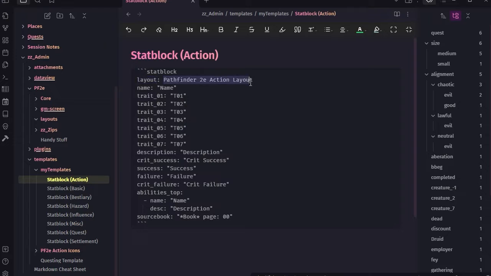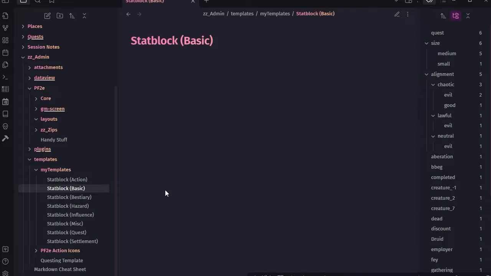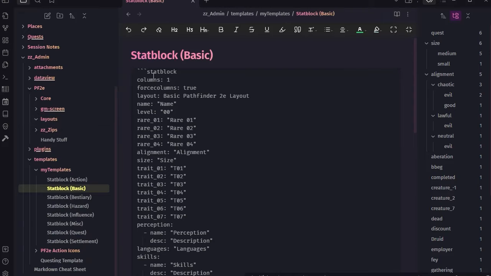So each of these stat blocks, you'll notice that we have our standard property and the value assigned to that property. So for example, here we have layout, Pathfinder 2E action layout. So this is the name, maybe that's the name, not boilerplate, layouts. So the reason this is showing up more like a D&D 5E one, and let's say the basic one here is not, this is actually showing up how it should as a template,